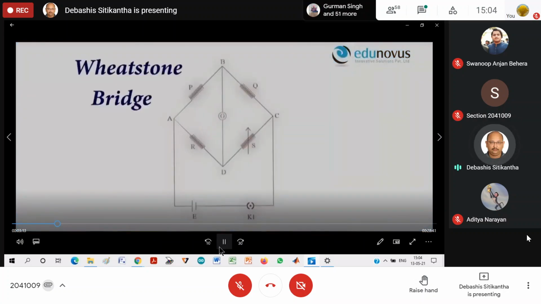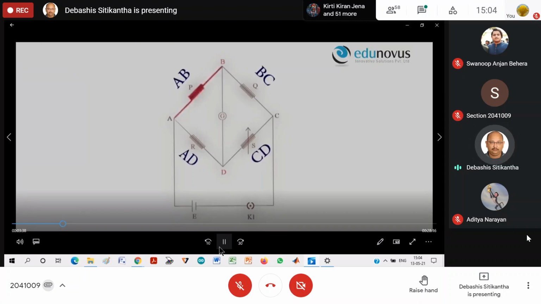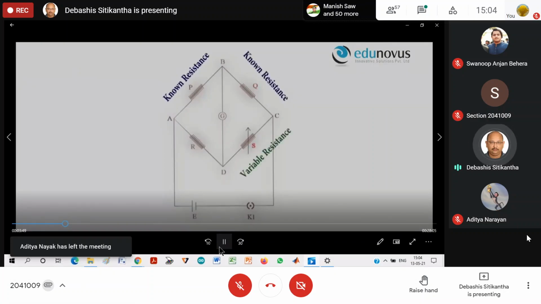A meter bridge is also called a slide wire bridge and is nothing but the practical application of a Wheatstone bridge. The general arrangement of a Wheatstone bridge is shown in this figure. A Wheatstone bridge is the arrangement of 4 resistances in quadrilateral form to determine one unknown resistance out of any 4 of them. It consists of the arms AB, BC, CD and AD. It consists of known and fixed resistances P and Q, variable resistance S and unknown resistance R respectively.